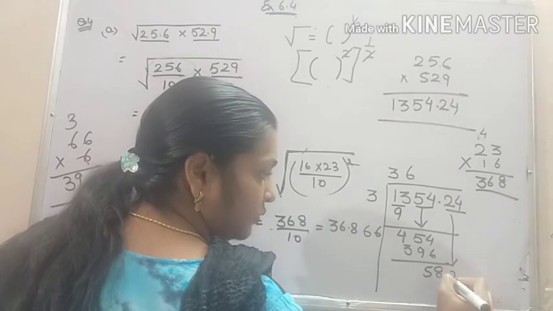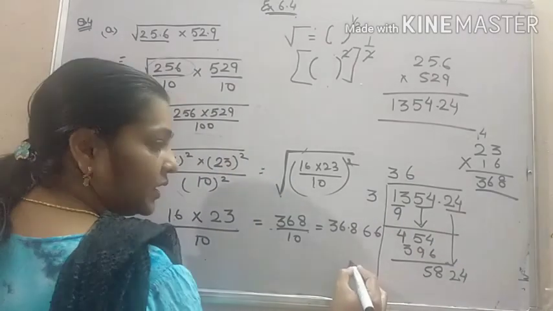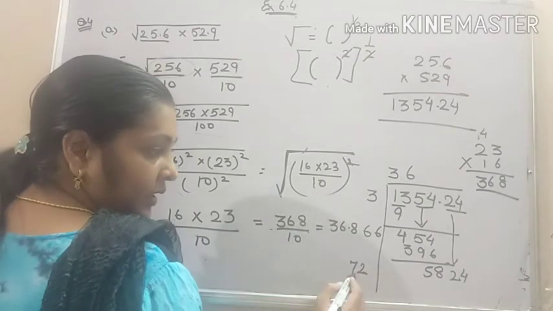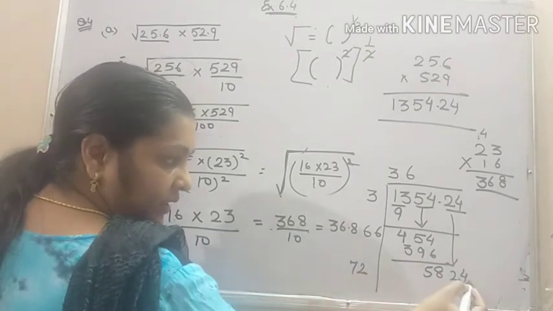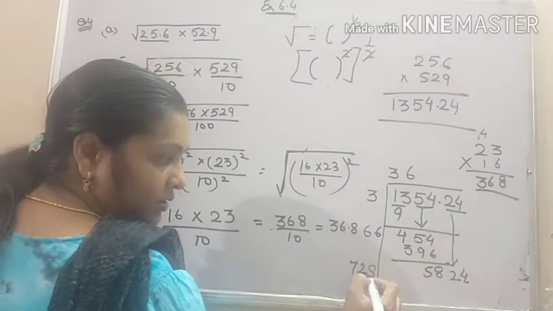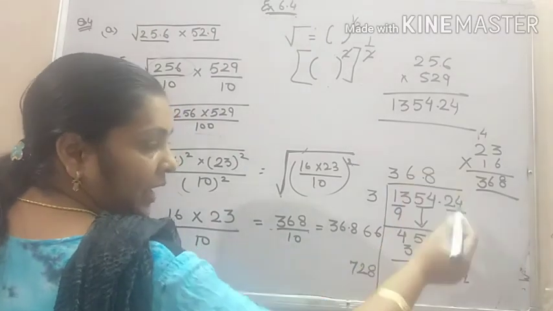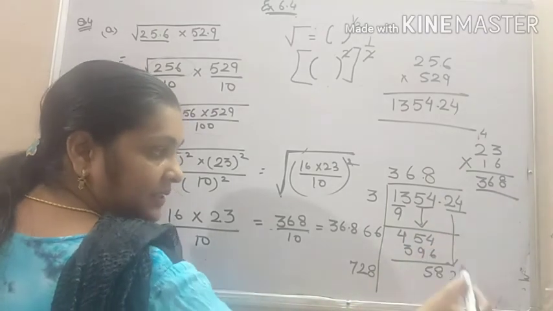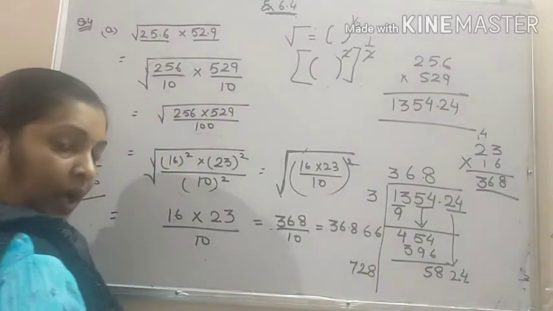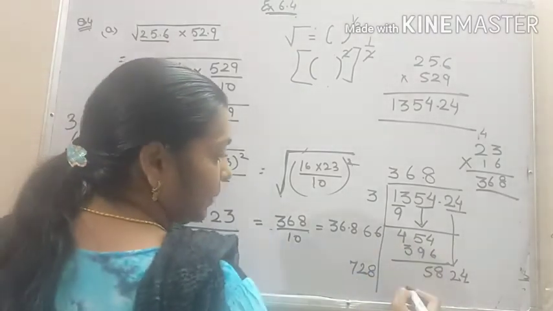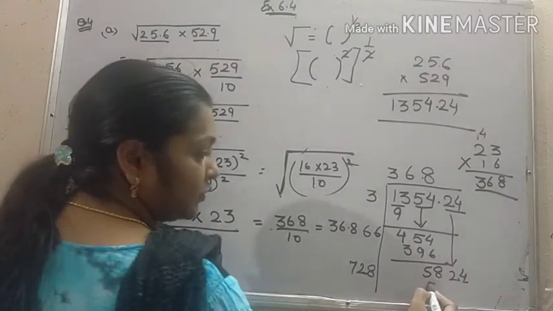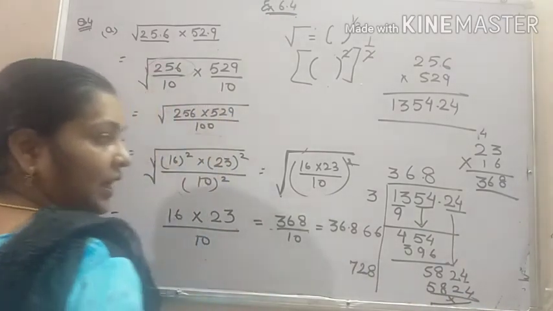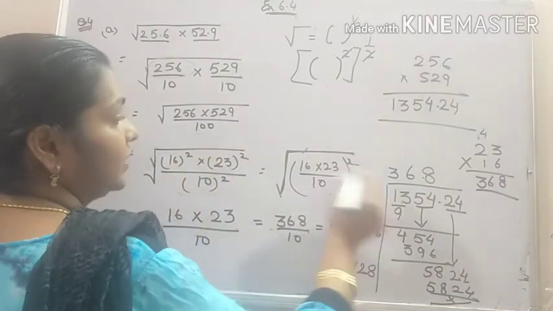Bring the next pair down, it is 24. Double of 36 will be 72. The next term, we know 7 8s are 56 and in the last there is 8. So 8 will come over here, and as soon as you bring the pair after the decimal down, you put a decimal in the quotient as well. Multiply them. When you multiply, you will get 5824 only. You can check the calculation. Here also we get the root as